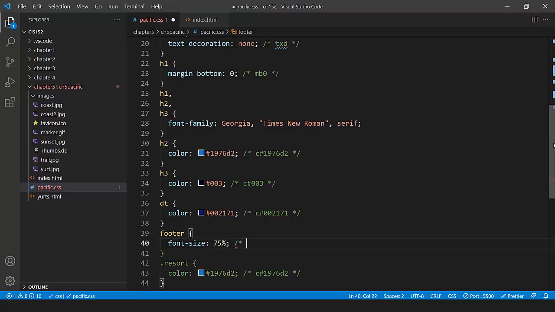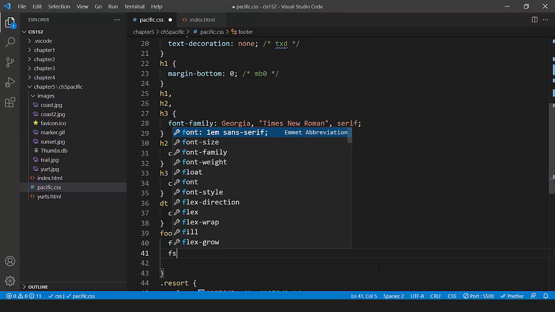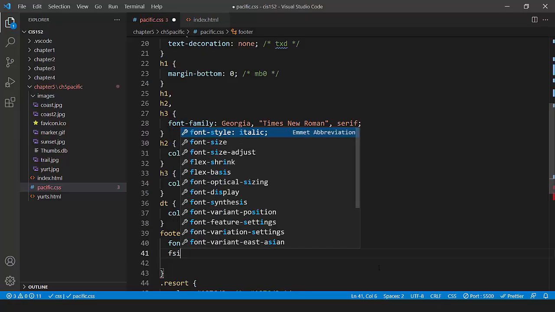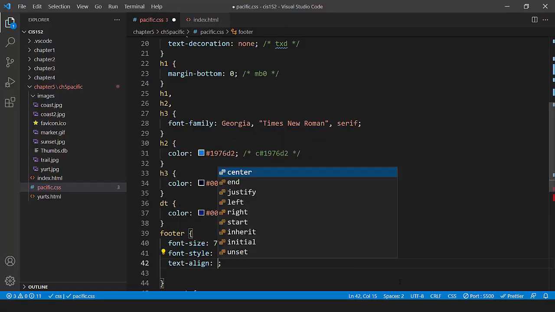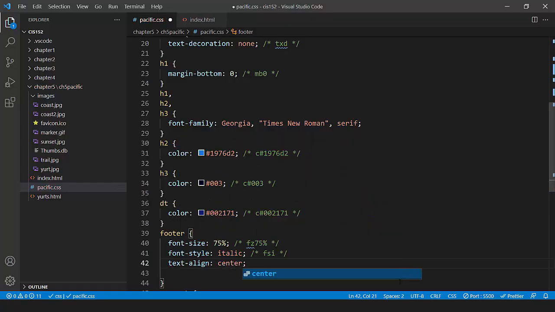I'm going to add in my comment, which is FZ 75%, and I'm going to close that comment. I'm going to add the Emmet abbreviation FSI for font style italic, and I'm going to select tab. I'm going to add in that comment, FSI, and close my comment. I'm going to do center text. The Emmet abbreviation is going to be TXA, tab, and I'm going to type center. And that's going to be TXA,